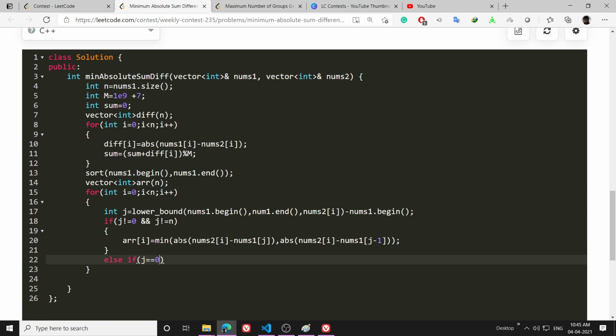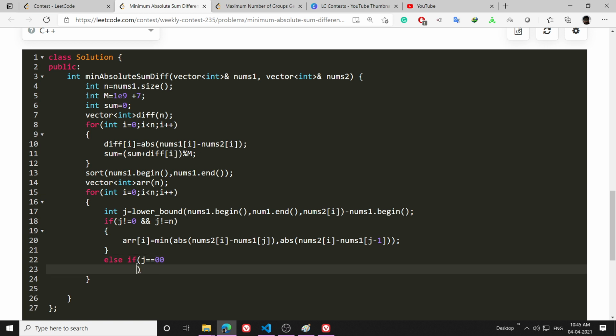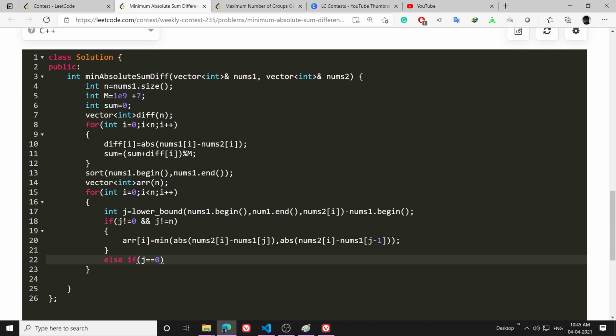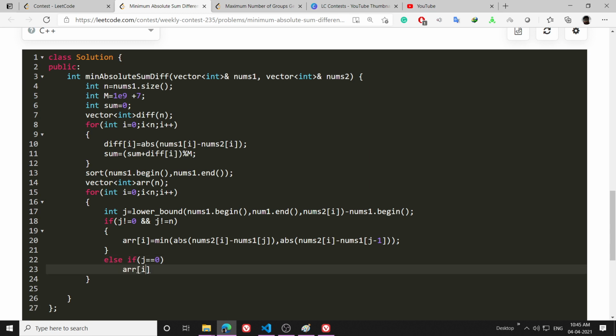So if j is equal to 0, then array[i] is equal to absolute of nums2[i] minus nums1[j].